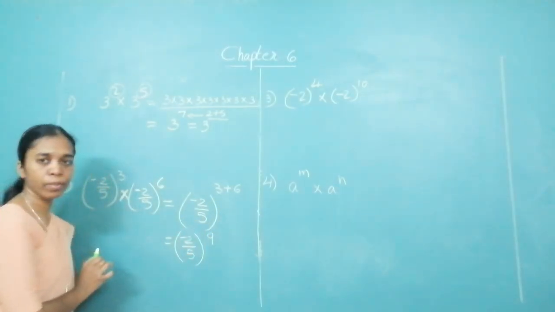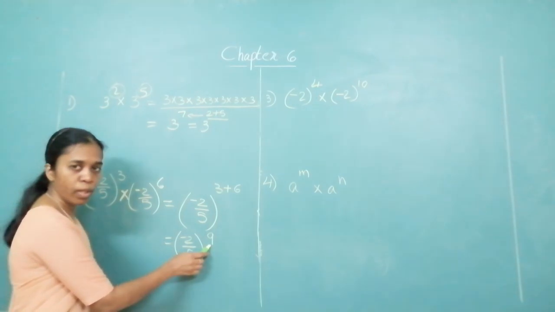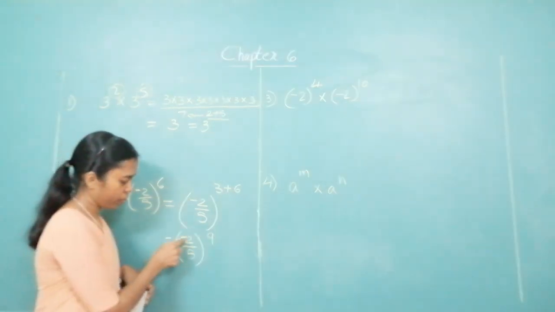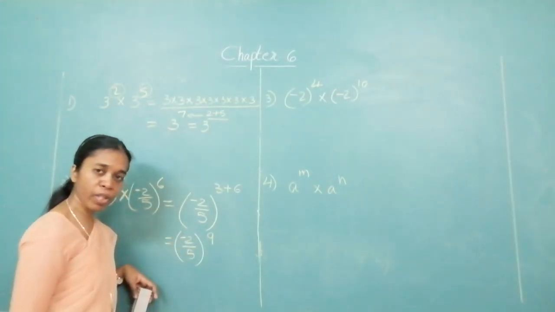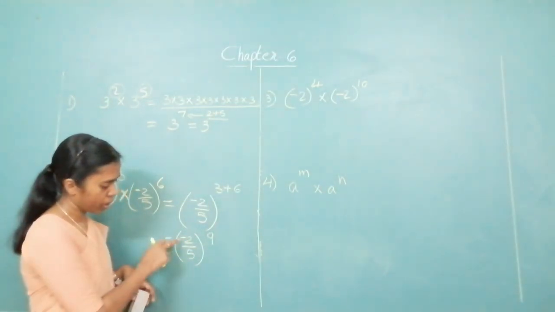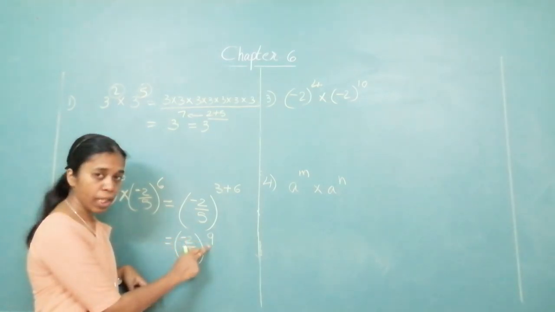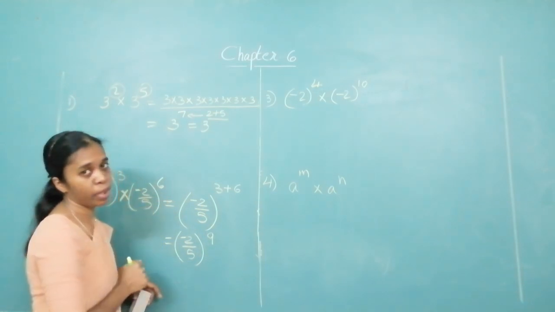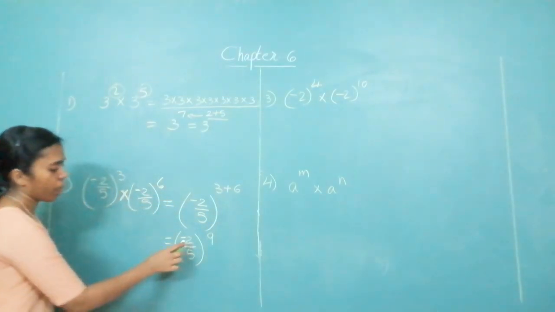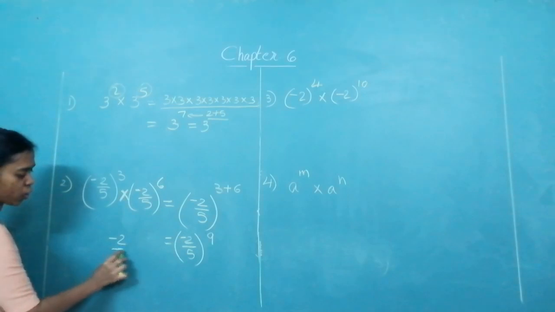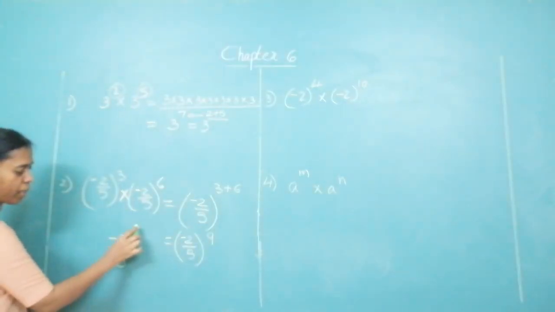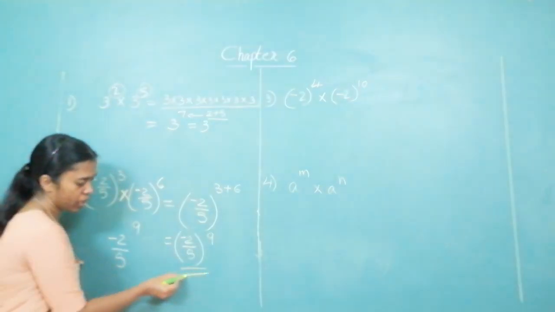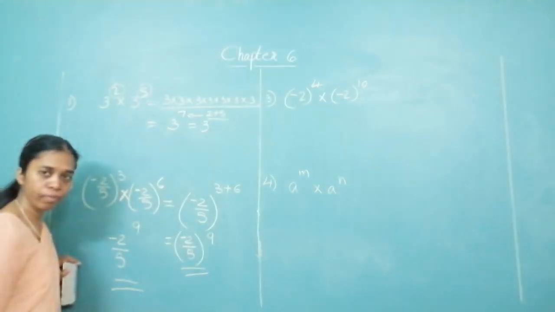This is answer. If the index is a small number, then you have to find the value. Multiply and get the value. Can you tell me the value will be a positive number or negative number? Since this is minus, this is an odd number, final answer will be a negative number. Please remember, okay? Now I have over here minus 2 upon 5. Can I say minus 2 upon 5 raised to 9? Is there any difference in this and in this?